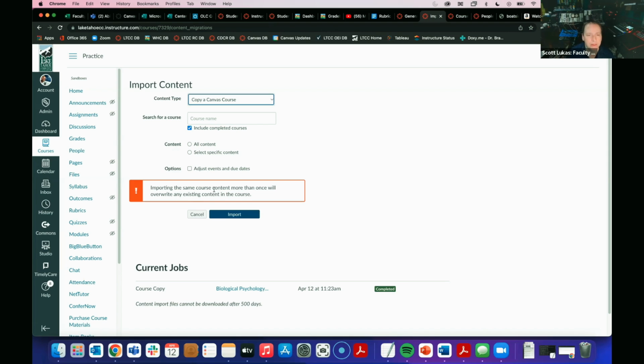It'll override everything. I've never tested that with actual students, let's say your students have turned in assignments 1 through 5 and you import again, to see if that will overwrite their grades. I'm not exactly sure. So that's one of those things that you don't really want to play around with.